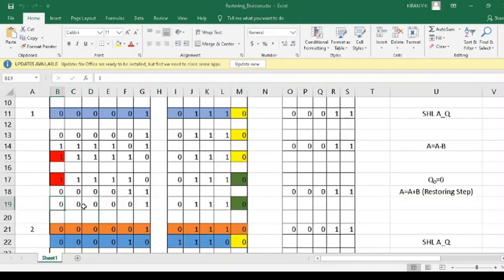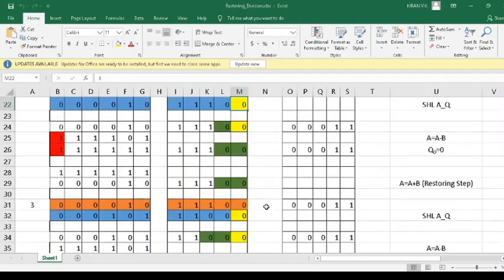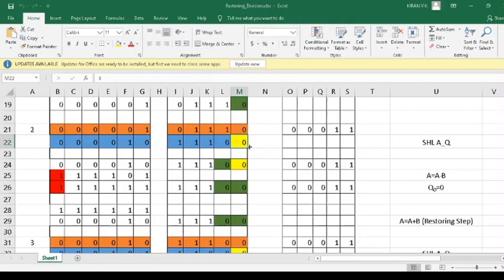Now we are going for the second iteration. In the second iteration we are going to take the AQ bits as such; this saffron part indicates that. Then as usual, what should we do initially? We should left shift AQ. The AQ field should be left shifted by one place. When you left shift AQ by one place, again we will get a tentative quotient field which we initially set as 0.